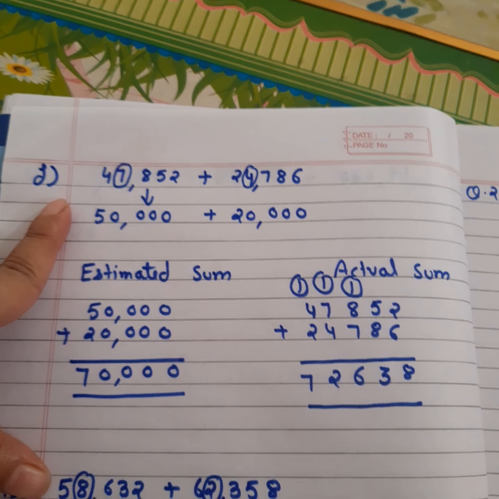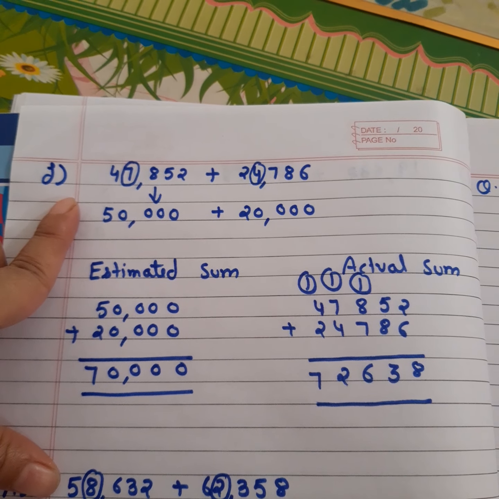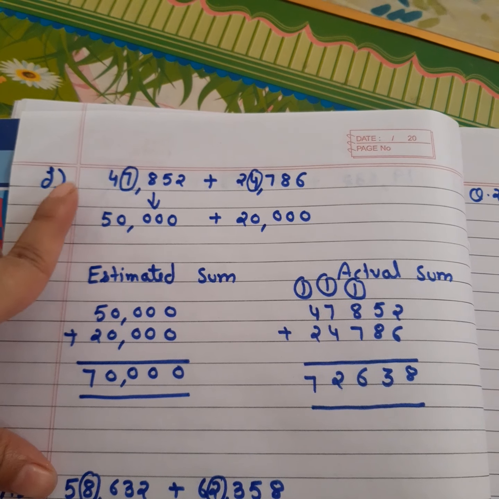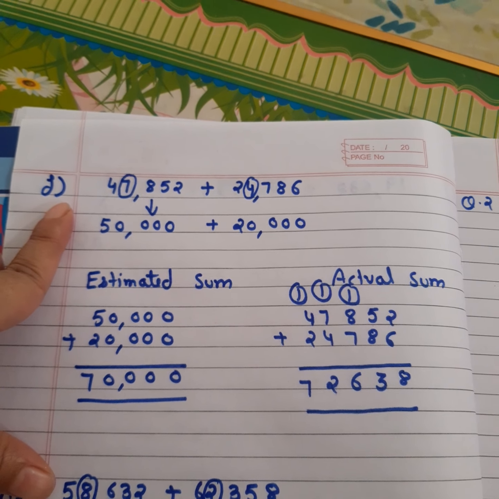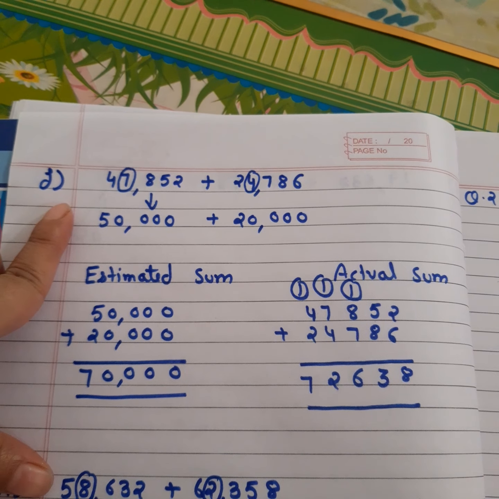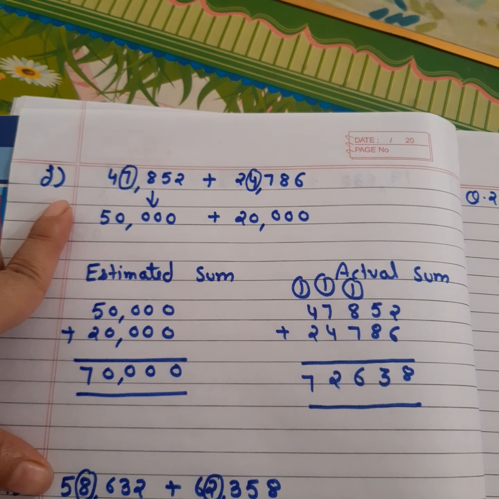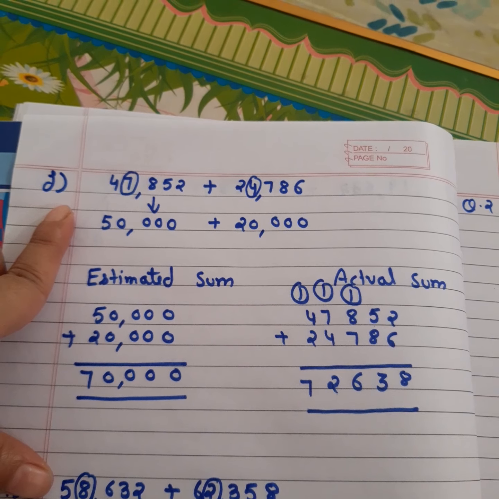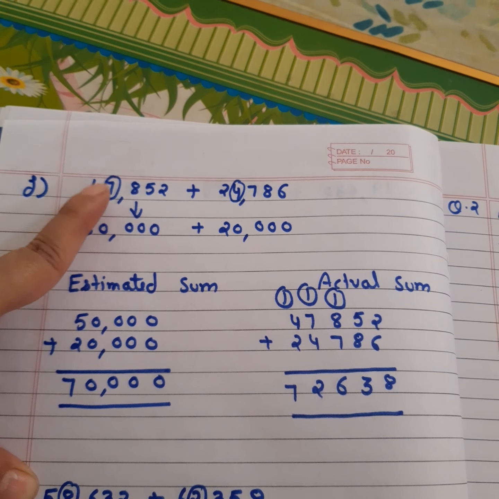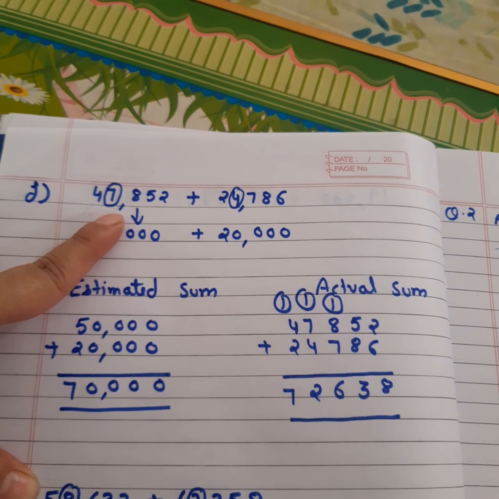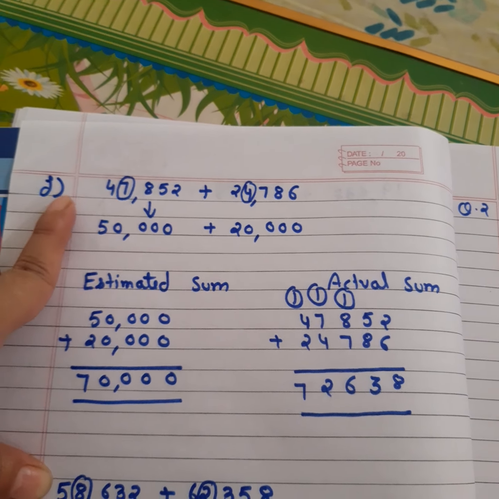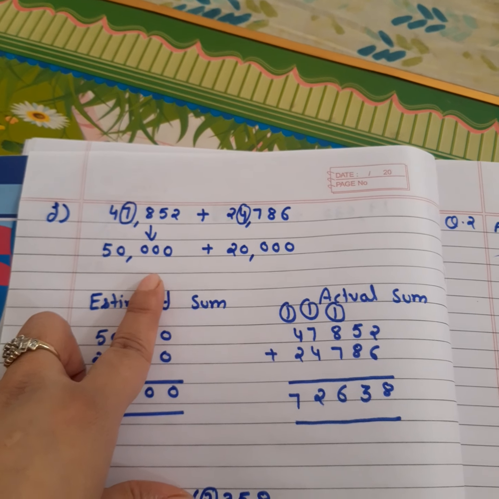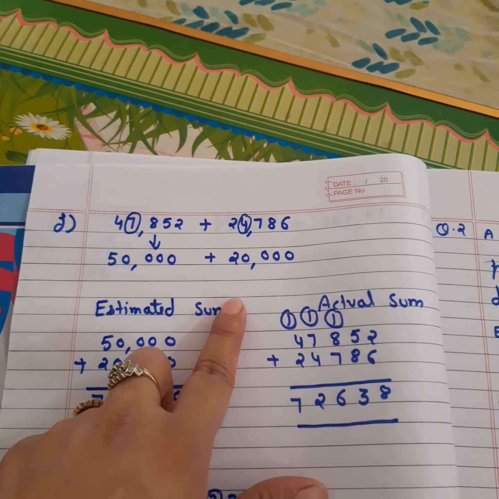But it is clearly up to you if you want to round off the thousands place or the 10,000s place. Okay, because the rules are the same, I don't think you will find any difficulty in rounding off the 10,000s place also. Just check your thousands place, the place before your 10,000s place. Clear? So it becomes 50,000 and this becomes what?